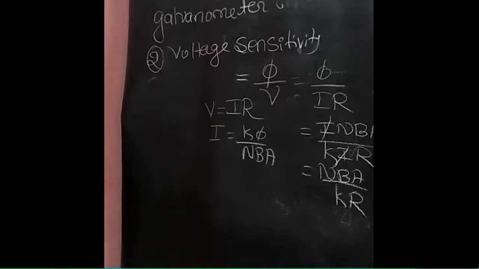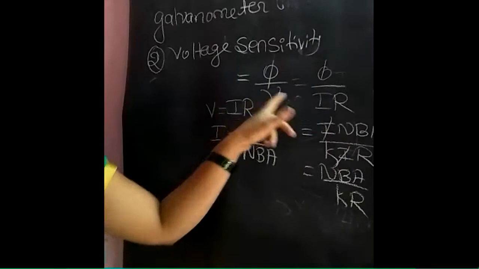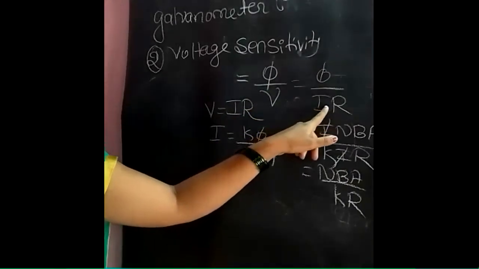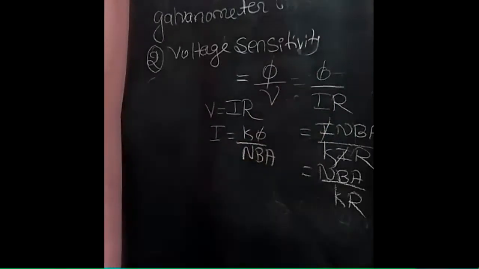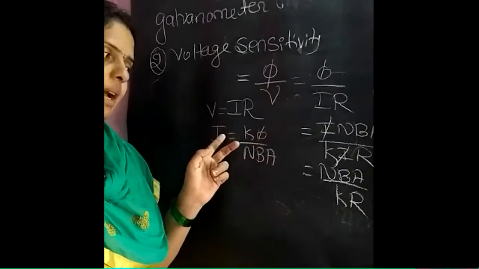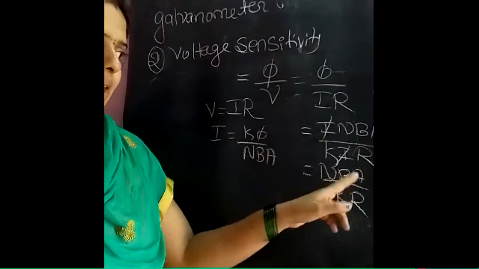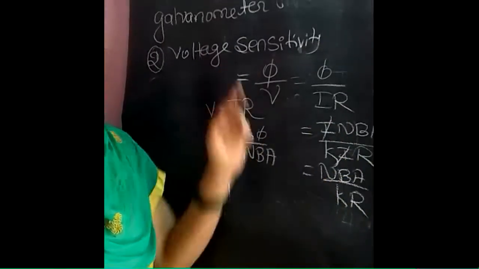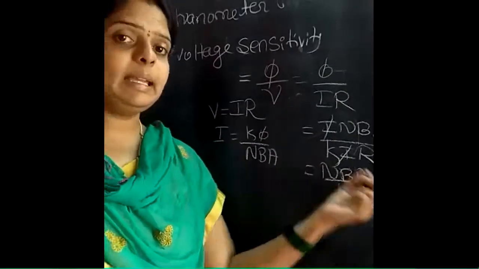What I have written here, pi by V is your expression. I am substituting according to Ohm's law, V is equal to I R. बाद में क्या किया मैंने, पाई का एक्सप्रेशन from your moving coil galvanometer you have pi is equal to N B A into I divided by K. So pi का value I have substituted, divided by I R, I R as it is I have written. I will get cancelled. Therefore voltage sensitivity you will get as N B A divided by K into R.